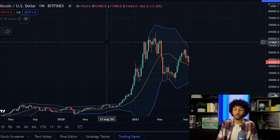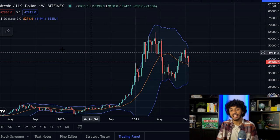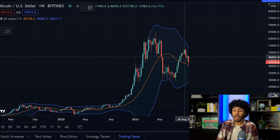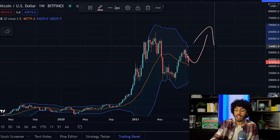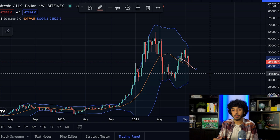One key example of this can be the weekly 20 simple moving average. We know historically that this is a key level of support. And if I'm under the belief that we are still in an uptrend or a bull market, as I do right now, I could be looking to increase and put a good bit of money. Maybe instead of just a $1,000 trade or something like that, I could be putting $3,000 or $4,000 allocated straight into